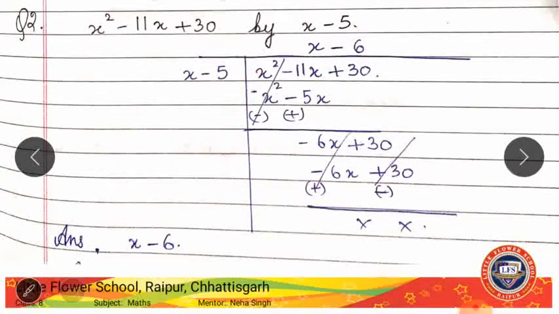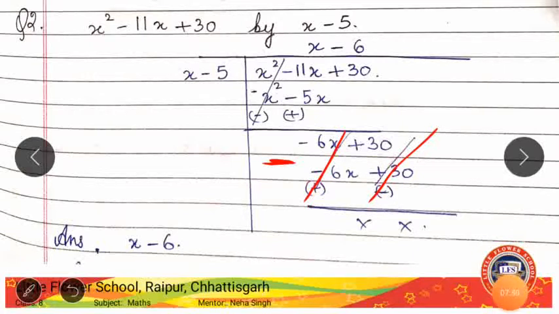The next step will be subtraction. We will subtract. Now as I have said, for subtraction what will happen here? The sign of each term will change. See, here we have minus 6x. The signs of the second terms will change. So here we have minus 6x, it will be changed to plus. And here we have plus, so it will be changed to minus. Now we can see minus 6x plus 6x will get cancelled, which will be 0. Plus 30 and minus 30 will get cancelled, which will again be 0.